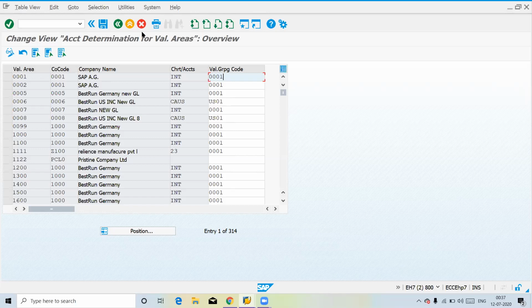If you have authorization, you can open these periods and maintain the respective valuation grouping code and plant parameters. And if you talk about quantity and value updation, these kinds of errors you can try to resolve on your own. It is quite simple.